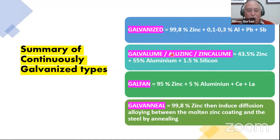Then we have Galvalume or alu-zinc or zinc-alume, which is zinc, aluminium, and silicon. You have Galfan, which is zinc with 5% aluminium and a bit of cerium and lanthanum. And finally, there's something I haven't talked about, which is galvanneal, where after going through the continuous processing, the zinc